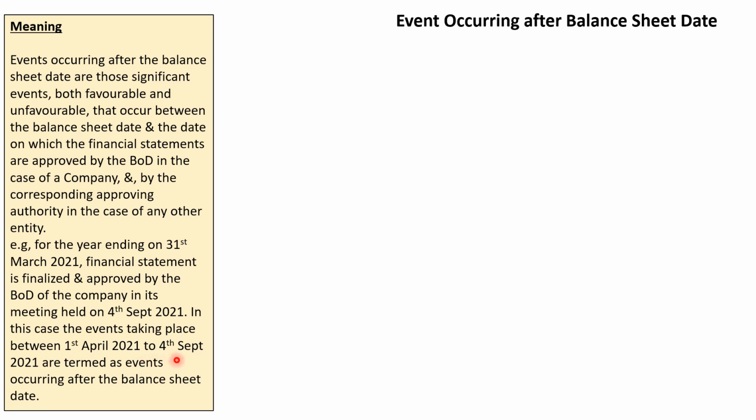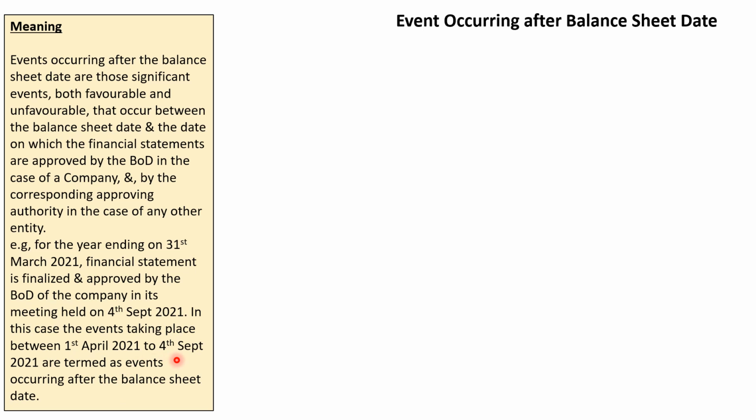All those events which are happening after 4th of September are automatically outside the purview of AS4. They are not the events which are required to be considered for AS4. The events taking place prior to 31st March are anyway events taking place during the financial year. Those events which are happening after 31st March but before the date of approval of financial statements by the board of directors or by the approving authority,